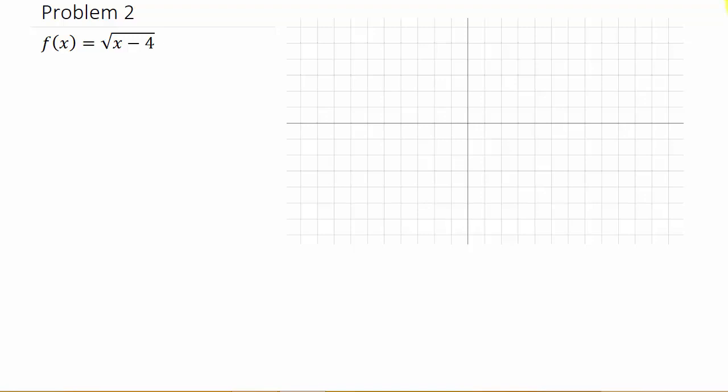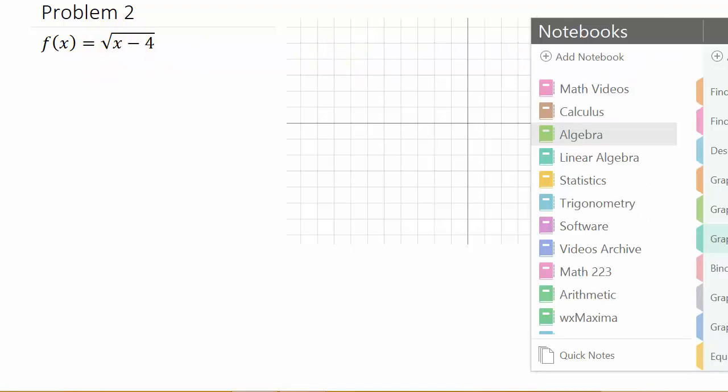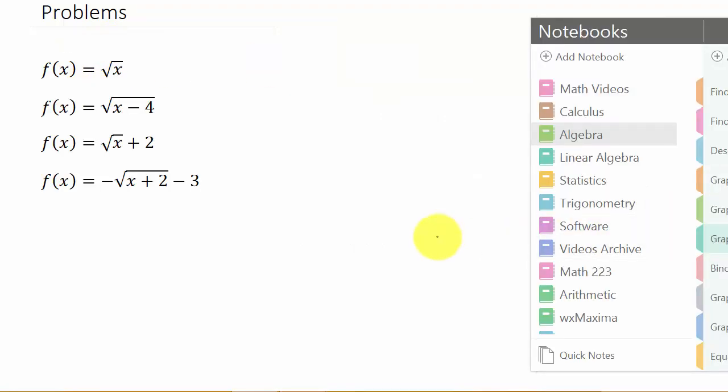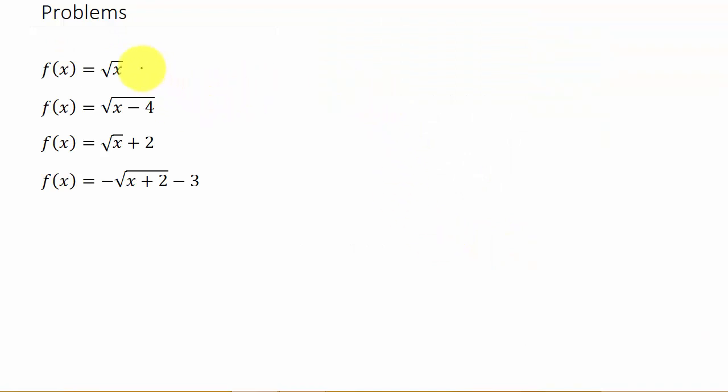Alright, so this is the second video, graphing square root functions. I'll have about four, maybe five, or I might do more, I don't know, videos of graphing these, and I've decided to do one problem per video. And I'm going to let you see which ones will be what I'll be